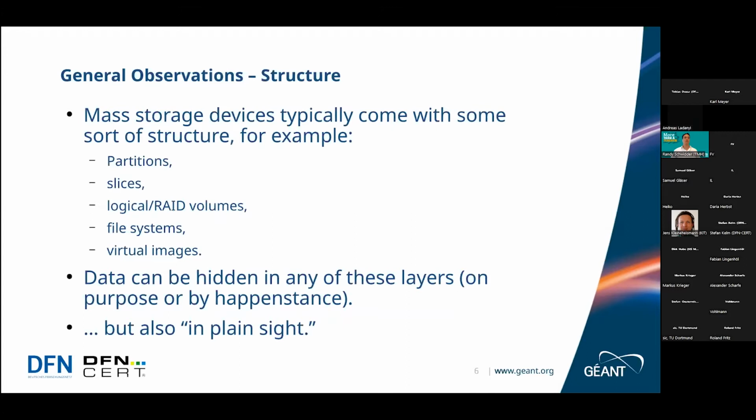This again has not changed. Mass storage devices come in many different shapes and forms. Usually there's some structure in there in the way of partitions, file systems, RAID volumes or virtual images. And data can still, as in the last talk, be hidden in any of those layers, either on purpose by some attacker, or just by coincidence, so to speak. For instance, the typical example of this would be deleted files,